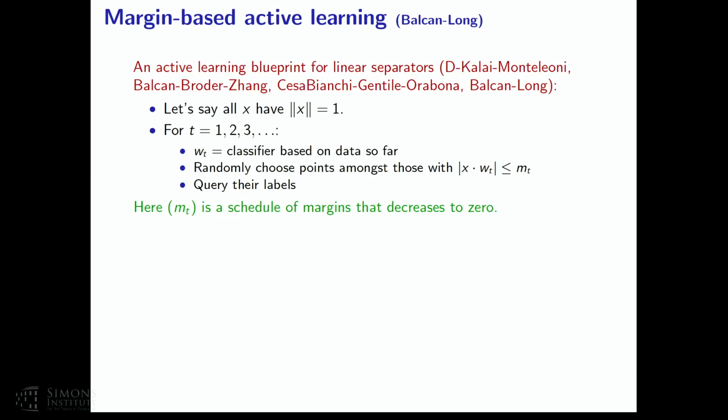So there's one kind of work called margin-based active learning. What this does is that it looks at algorithms for learning linear separators that are a little closer to the practical heuristics. At any given time, you have some estimate of what you think the linear separator is. And the schemes that are used in practice are to query the points that lie very close to